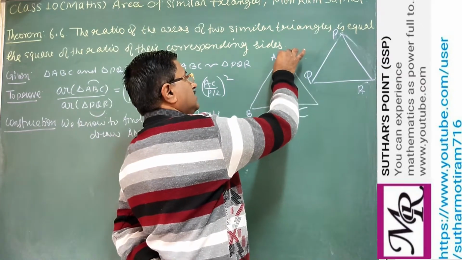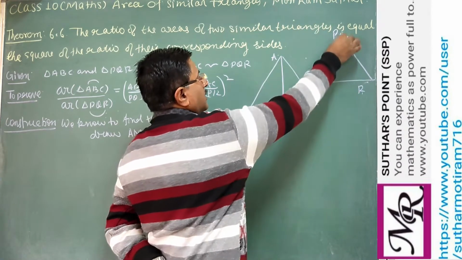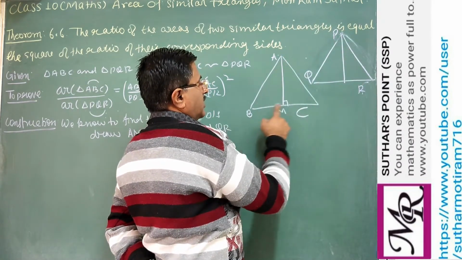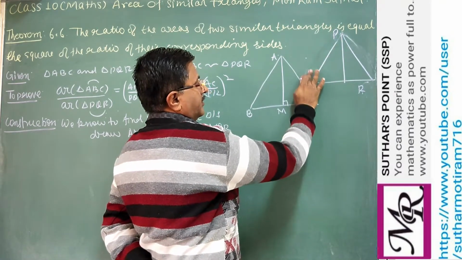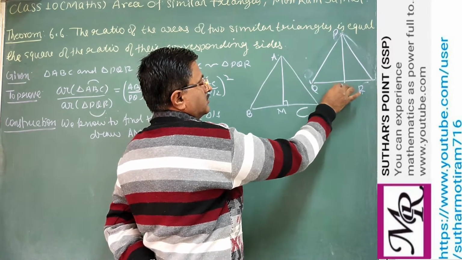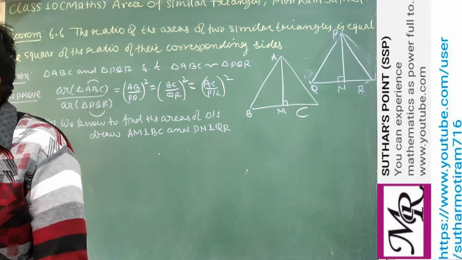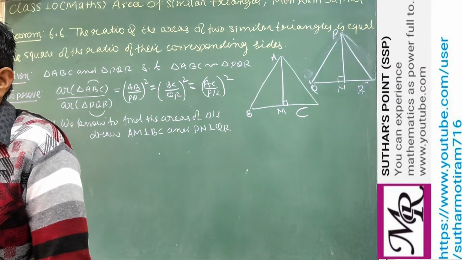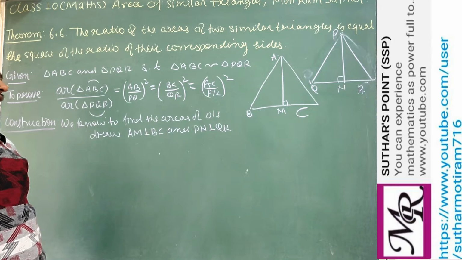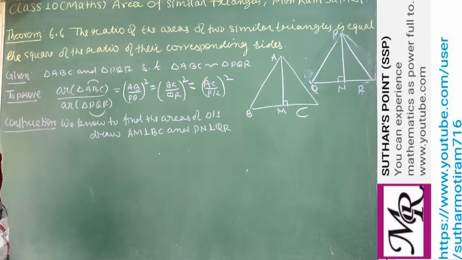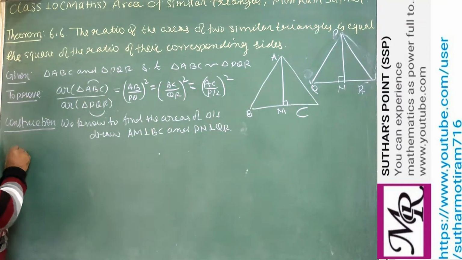So dear students, see, to find the area we have to draw the perpendicular from the vertex A to side BC and from the vertex P to the side QR. Clear? Why do we draw these perpendiculars or altitudes? Because to find the area we need height and base. So the base is given, we draw the height. Clear? Now in the proof, write down